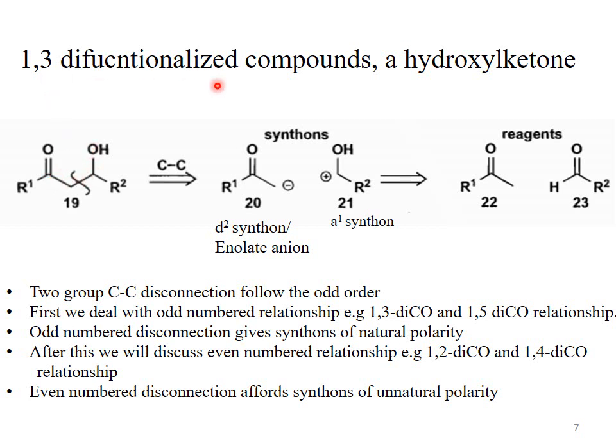The carbonyl carbon is at number 1. This is alpha carbon and this is beta carbon. This is carbon number 3 which is bonded with the OH. That's why this is called 1,3 difunctionalized compound. So hydroxyl ketone, that is compound number 19, is the